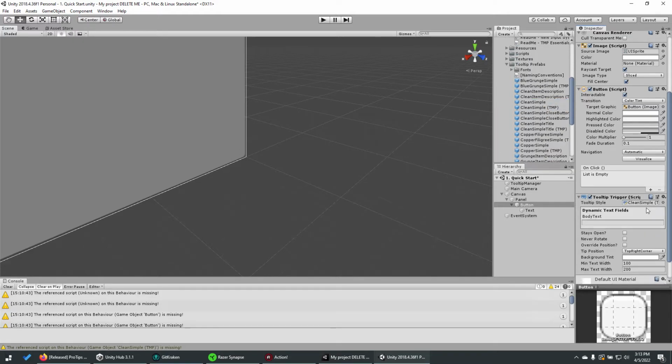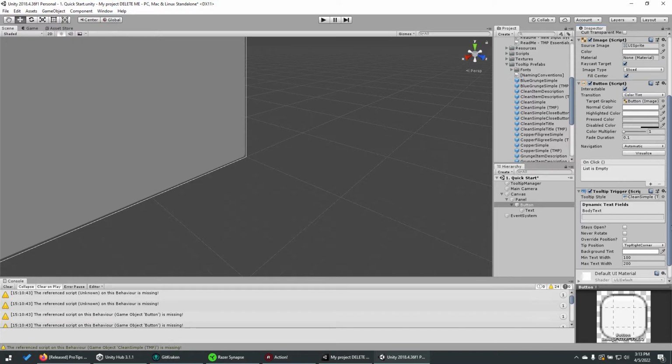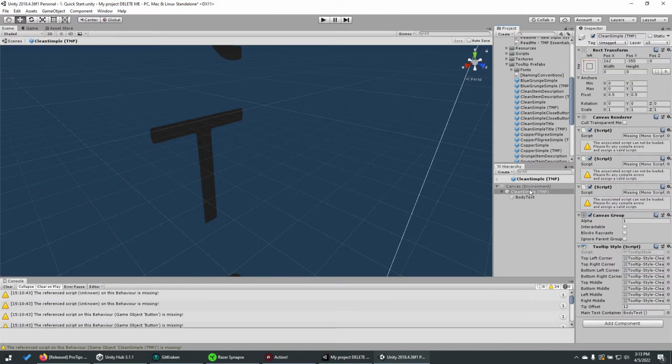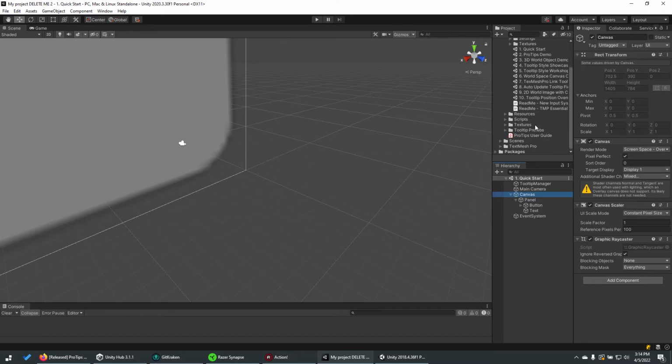I wouldn't do the Text Mesh Pro one at this point because the Text Mesh Pro ones have all had major changes from 2018 to 2019. Unity acquired Text Mesh Pro, and it has tons of changes, but you can make these work. You'd have to go in for the Text Mesh Pro version and see. You can see here there's a bunch of missing scripts, and that's just the difference in what's changed over time. So these scripts would all have to be replaced, and you could figure out what that is by just going over